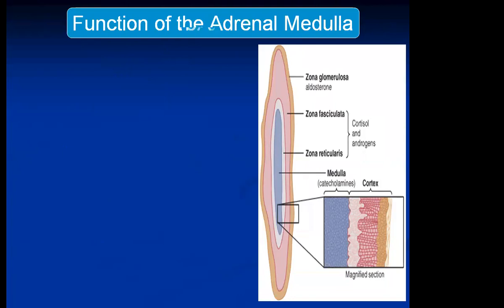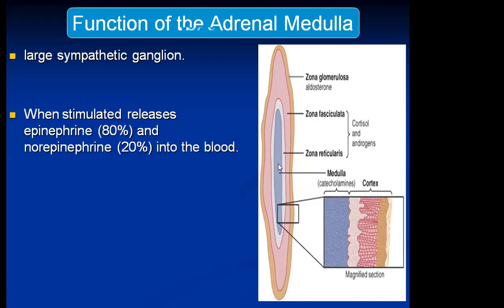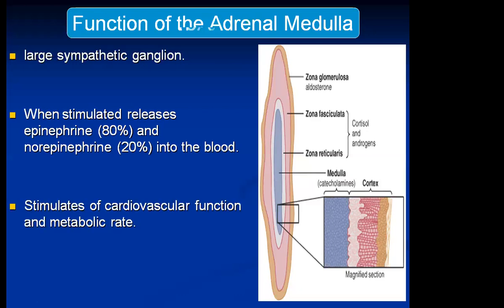Now we'll be just seeing a couple of slides of adrenal medulla. This adrenal medulla, or the neurotransmitters and hormones secreted by it, will be mainly covered when you study the autonomic nervous system and other lectures on CNS. So what is the function of adrenal medulla? As you can see in this particular cut section, this inner part is the adrenal medulla. It is a large sympathetic ganglion. When stimulated, it causes release of epinephrine and norepinephrine into the blood.